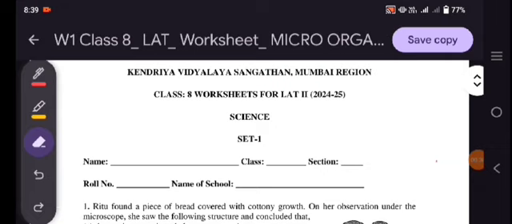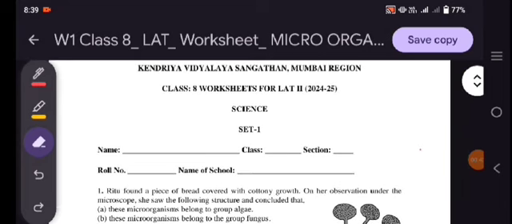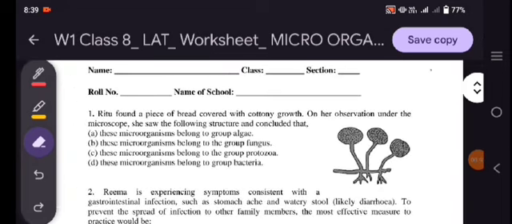The syllabus in this examination is from April to September, which is after half yearly. So let's start with the questions without any further ado. The first question was: Ritu found a piece of bread covered with a cottony growth. Cottony means the whitish growth, the softest, looking furry, you can say. On her observation under the microscope, she found the following structure and